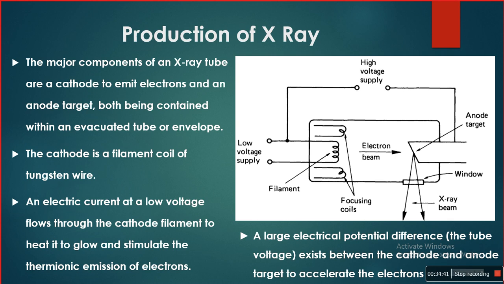If you consider the overall construction, the X-ray tube is contained within a metal housing which is well insulated to give protection from high voltage electric shock, and the housing usually possesses a high voltage plug and socket which permit rapid disconnection of electrical cables. So it is a very important point. We need to disconnect the source very rapidly. So to do it, high voltage plugs and sockets are provided along with this tube.